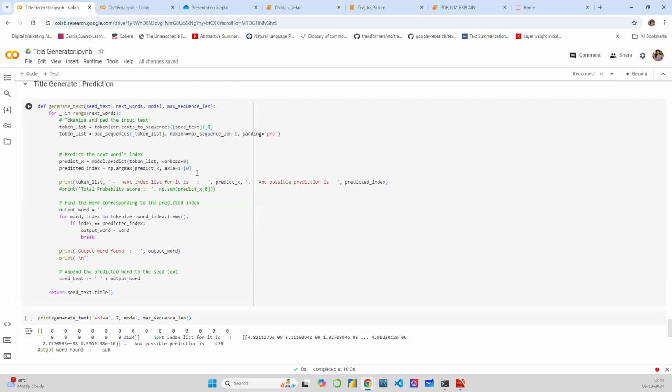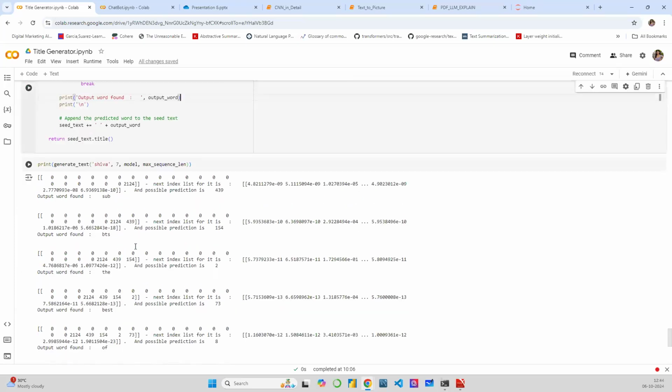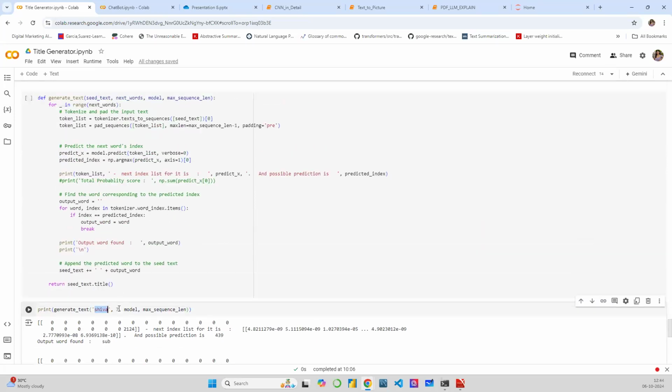You can use that model to generate the text for you. So I have used print statements at every possible point. You can remove them, but I have used these print statements to show you how the output looks. This is how the output is, basically. So what you pass over here, let's say this text of Shiva, and you want to see what the output is, and you want the output to be 7 words long,